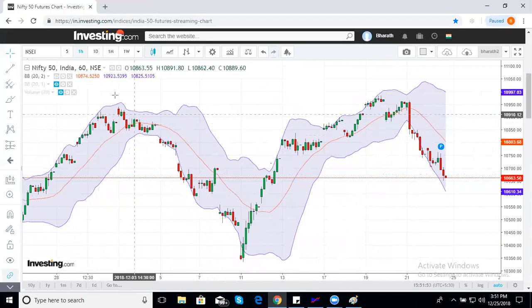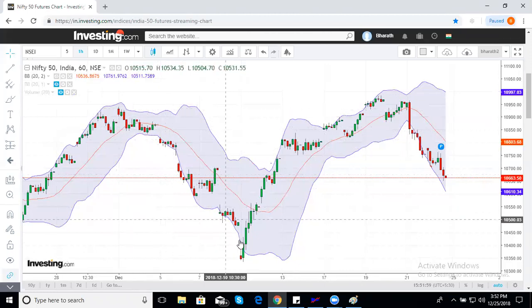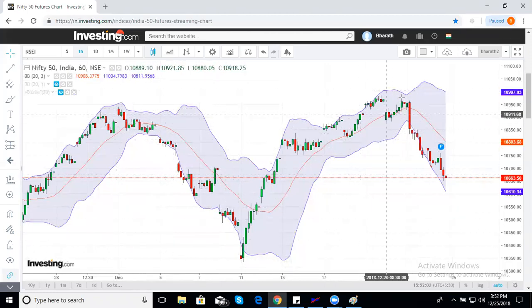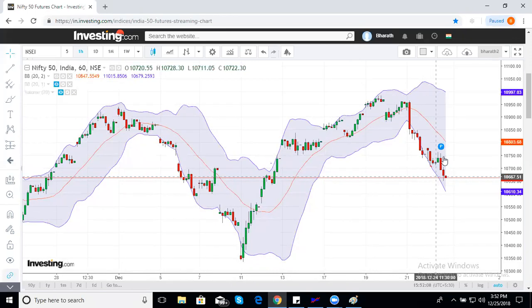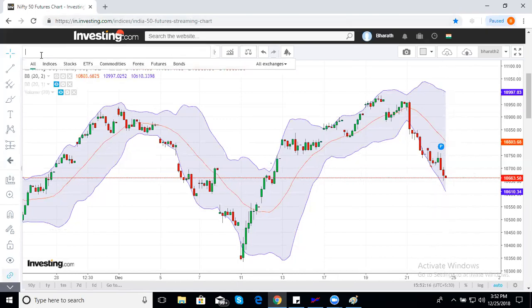Right? Same thing is repeating here. See, outside, middle band support, goes out, inside, and the entire dip came. Here also, support, goes out, but unable to cross outside the band, dip here. Next rally, if I see, probably 10,750, 780, again there's a dip. Sell-off will come. Same way as Bank Nifty also.